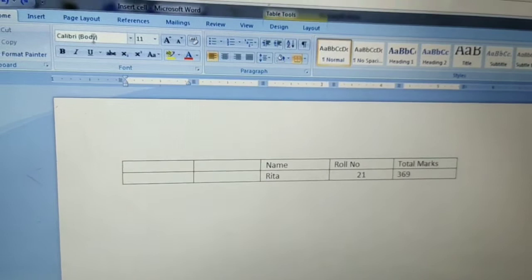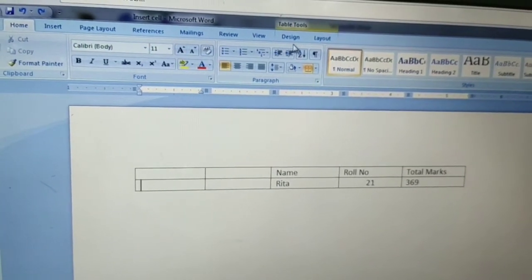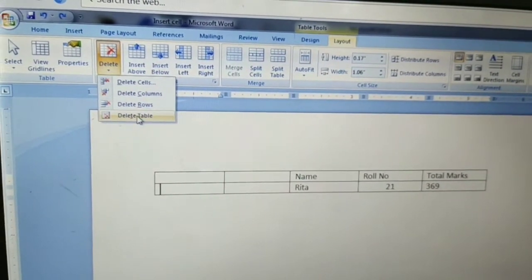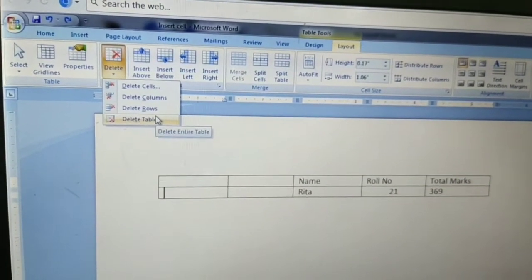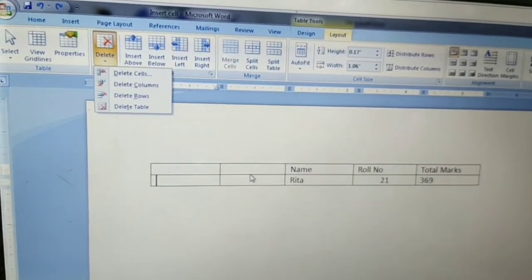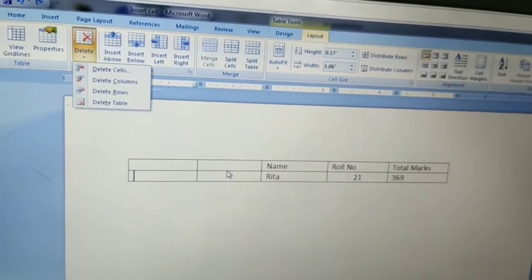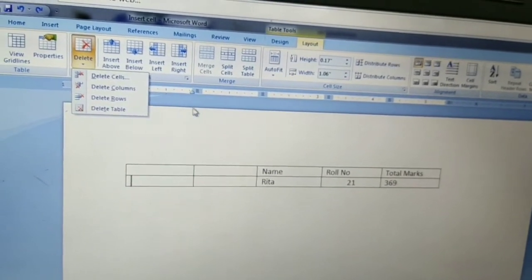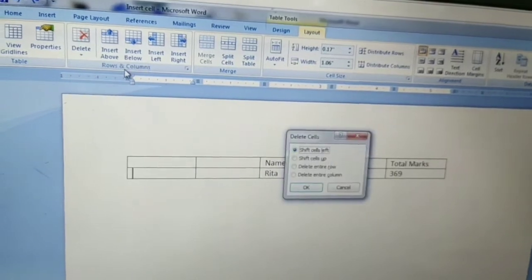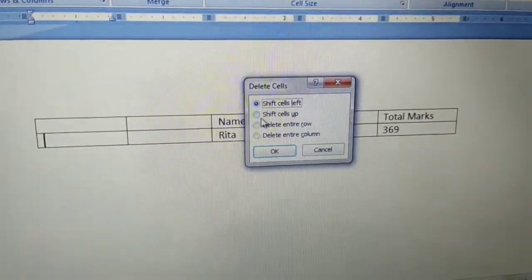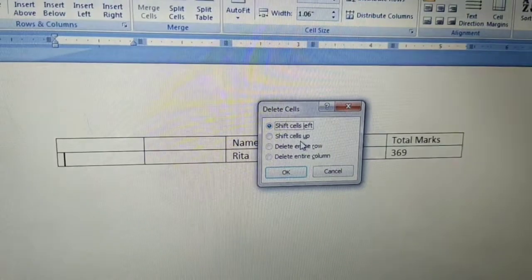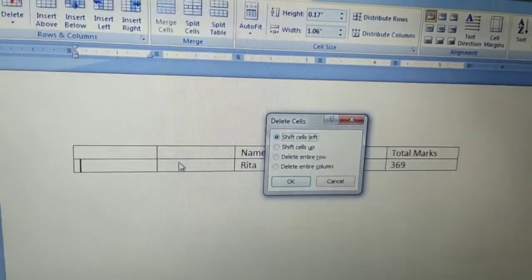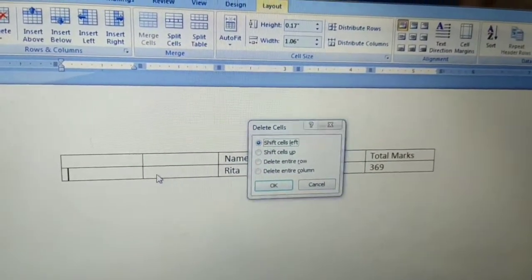Now delete table. The fourth one is delete table. Delete table means that if you click on delete table, the entire table will be deleted. Now delete cell. If you click on delete cell, it shows shift cells left, shift cells up, delete entire row, delete entire column, for which cell you want to delete.